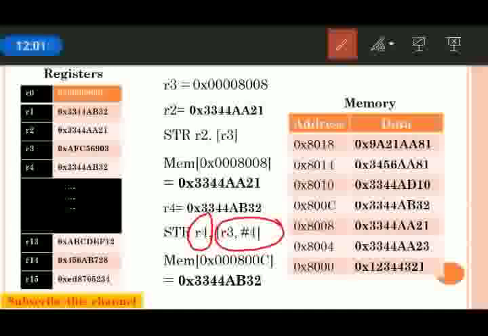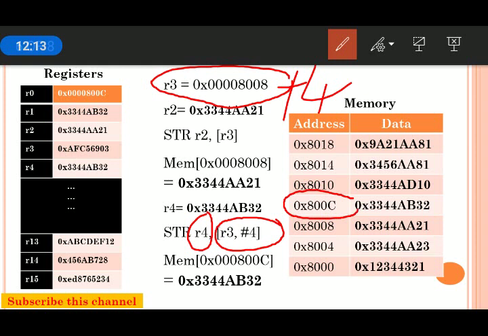So R3 is what here? It is 0x00008008. To this, plus 4 will be added, so you will get 8000C. So in this memory, the R4 content, which is this R4 content here, will be stored.